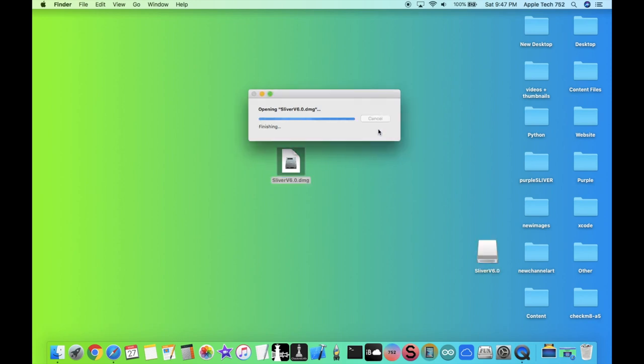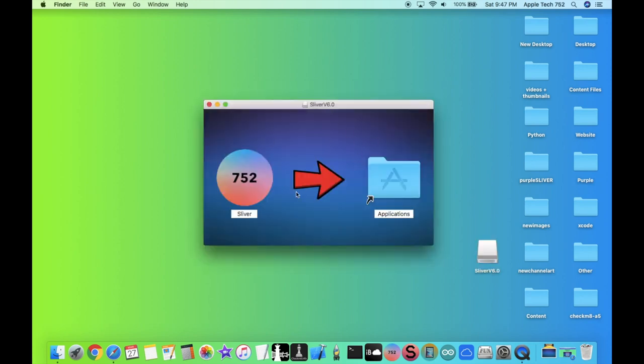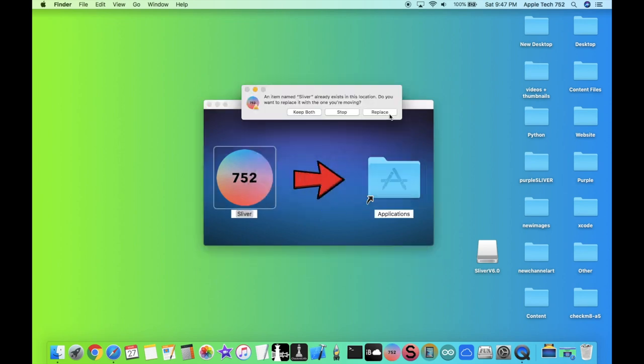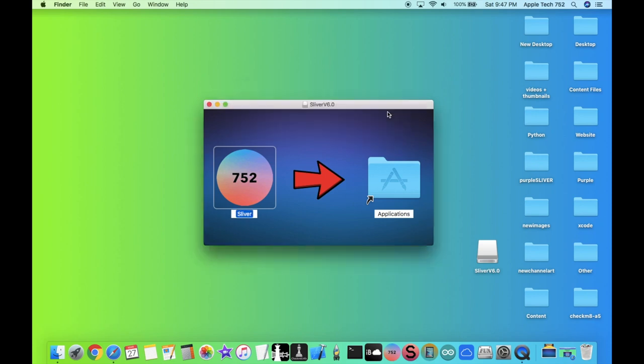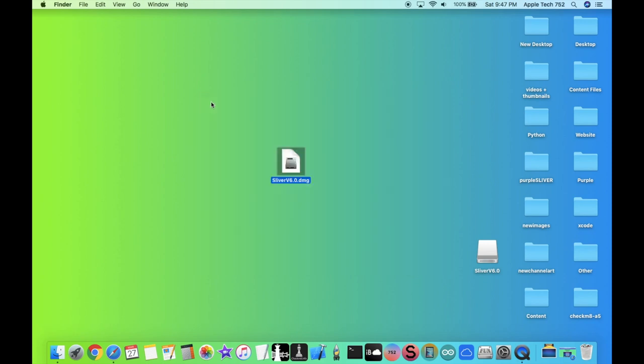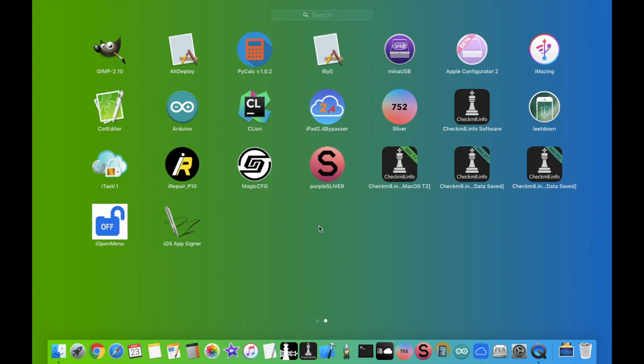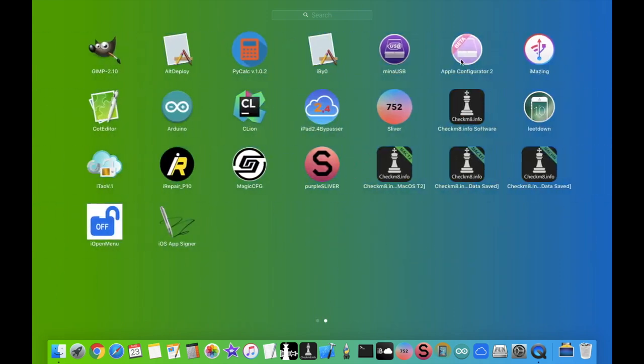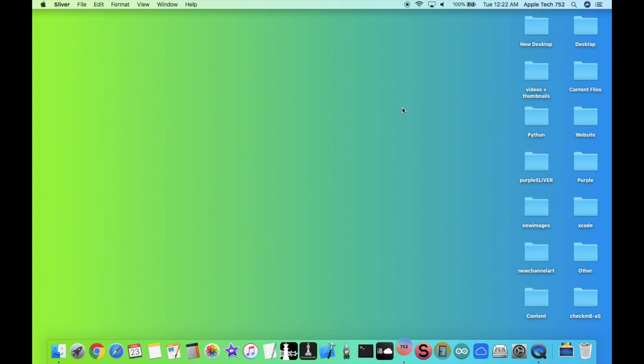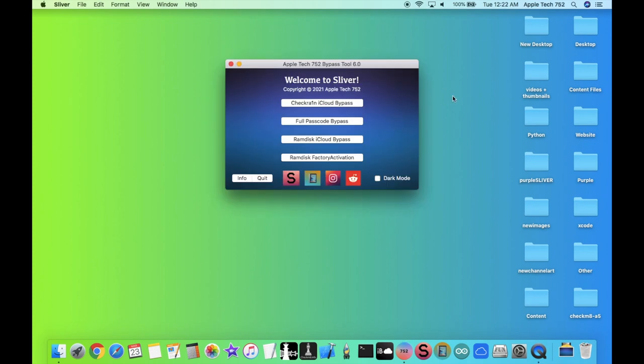And in just a few moments, you'll get this neat little pop-up right here. All you have to do is drag SLIVER right into your applications folder and then click on replace, and it should copy it over in just a few seconds. Perfect. Now we can go ahead and close this window and move both of these to our trash. All right, once you have SLIVER in your applications folder, then all you have to do is click on the launch pad and then scroll over until you find SLIVER. Should be somewhere around here. Then go ahead and click it, and boom, as you guys can see, we are inside the brand new SLIVER